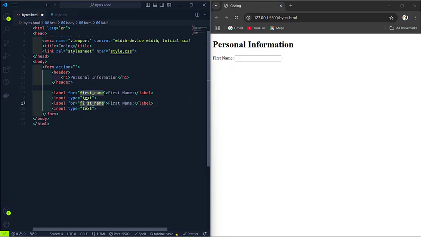Change this one to last underscore name. Change this to last name and save. Nice. Notice how HTML places our next input on the same line, but